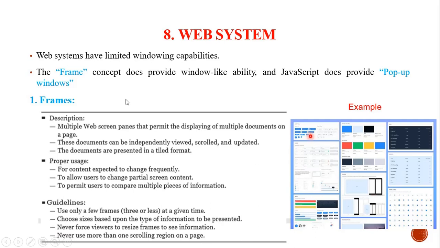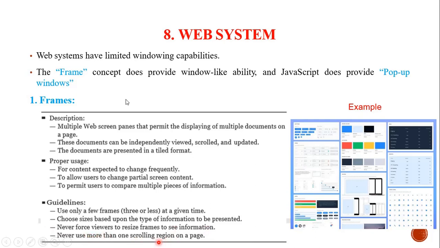If the information presented is visible to you, then you need not resize the frame. So always remember, if you are a user interface designer, you should never force the viewers to resize the frames to see any information.